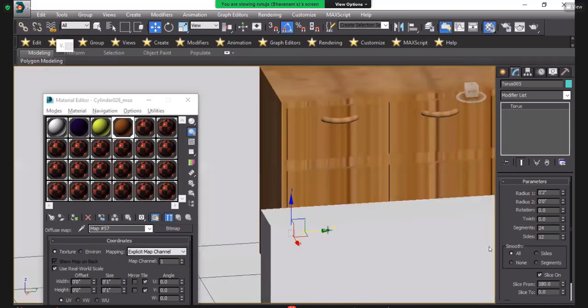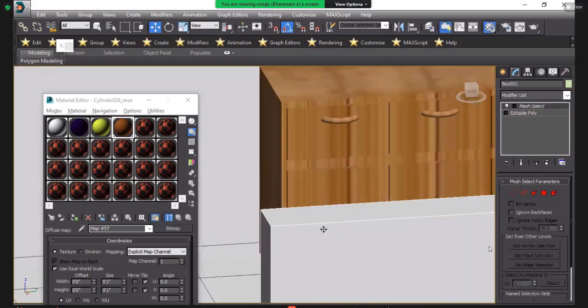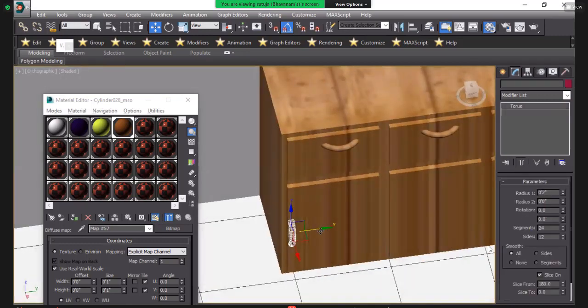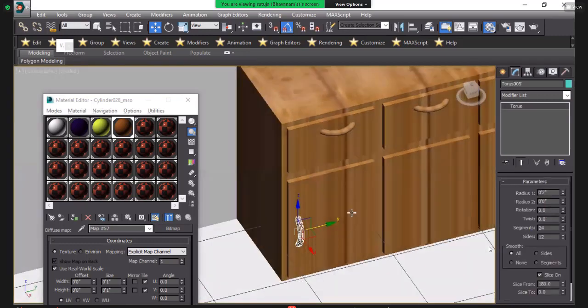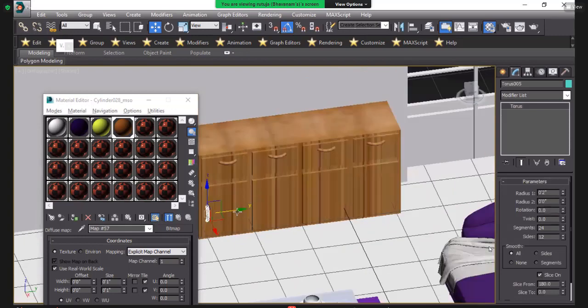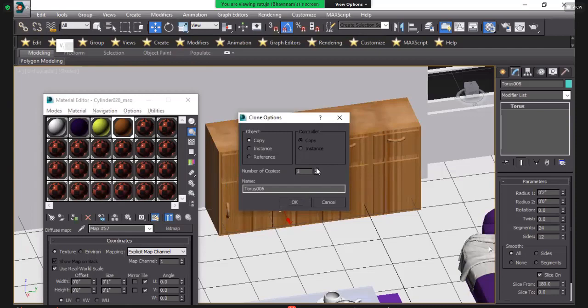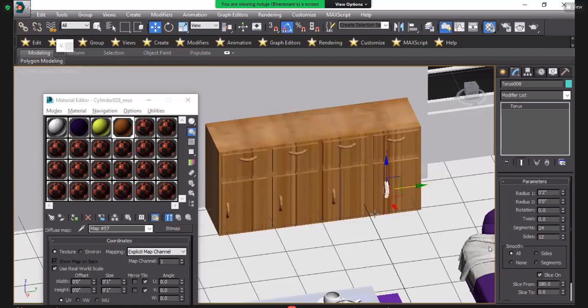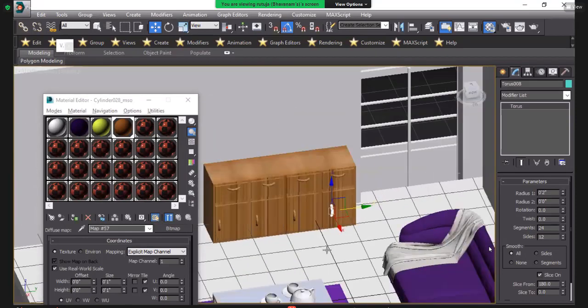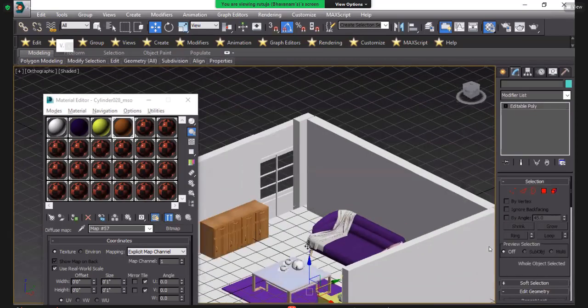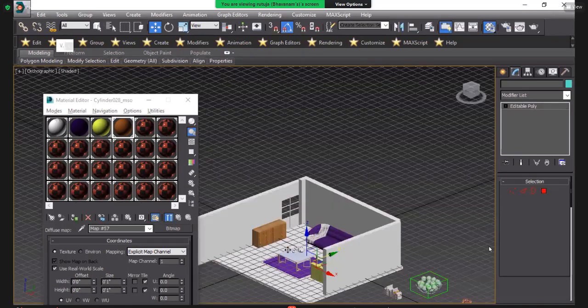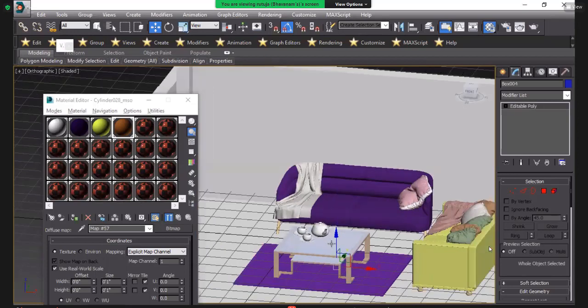If you see there, you will make handles with the help of this torus. Okay. Press shift and copy it. And check. So like that you will apply the material.